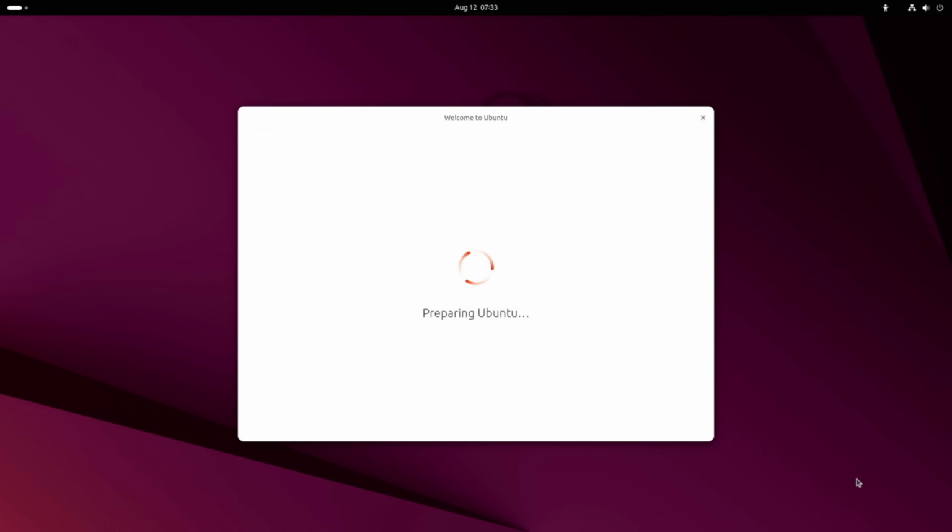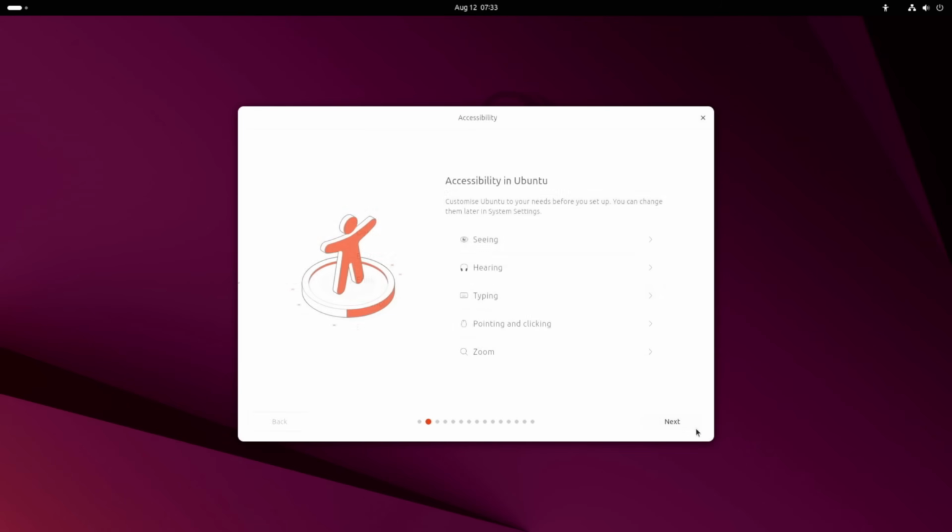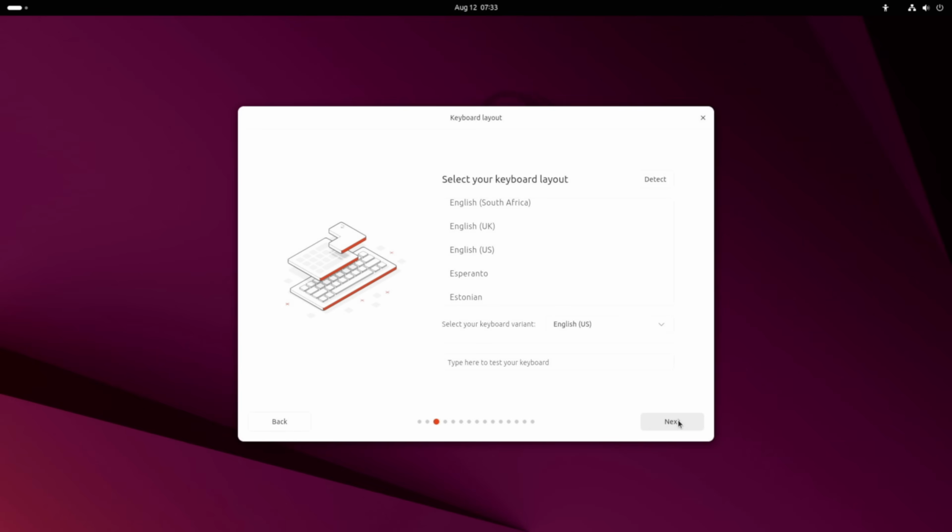Language is self-explanatory, and I want to give the Ubuntu team props here for this accessibility menu. I don't need any of these accessibility options myself, but I absolutely appreciate wherever accessibility options appear in anything I'm using for those who do need them. And the default keyboard layout is perfect for me.